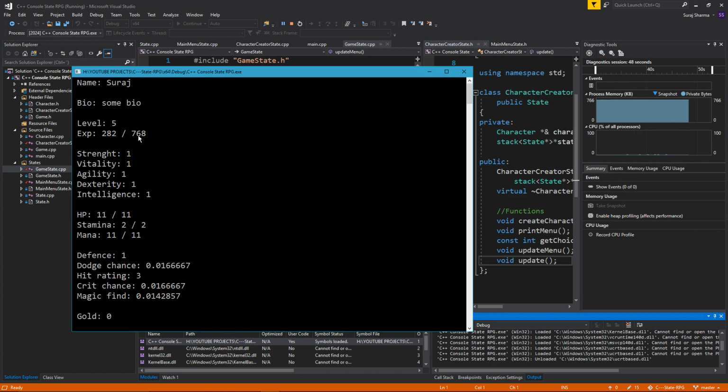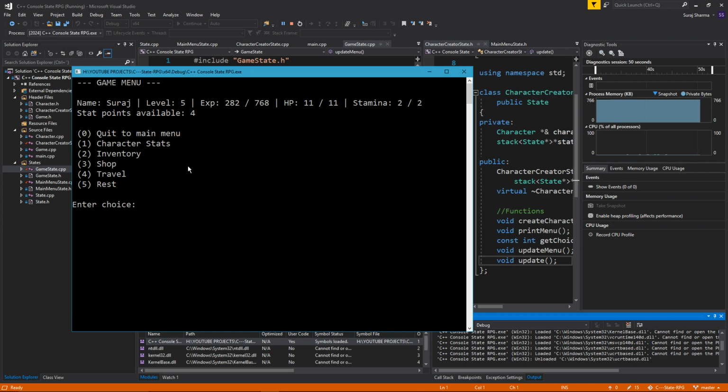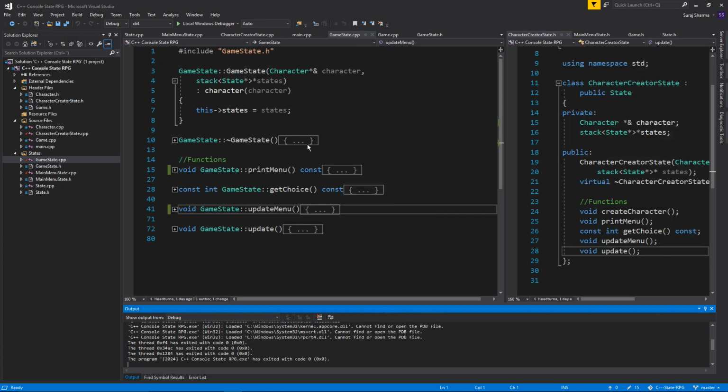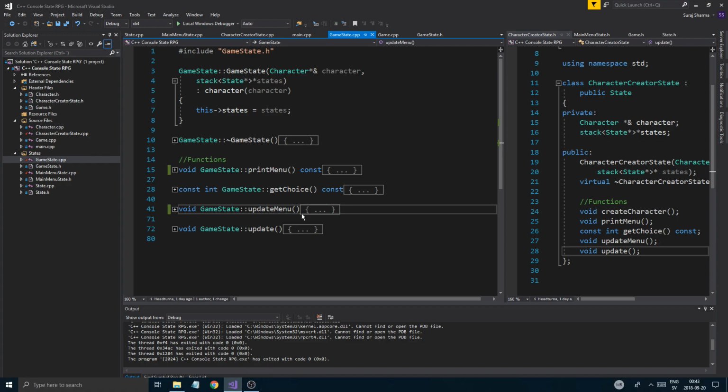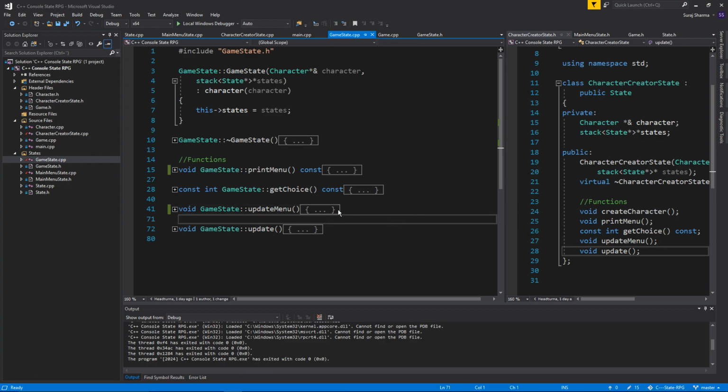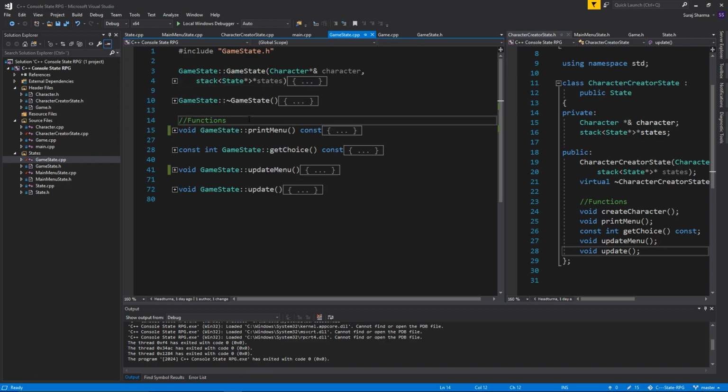Character stats, we got the character. So see, it's a little faster. 0 and 0. There we go. So that's cool. There you go. So that's a little cleaner menu. Now let's jump right into